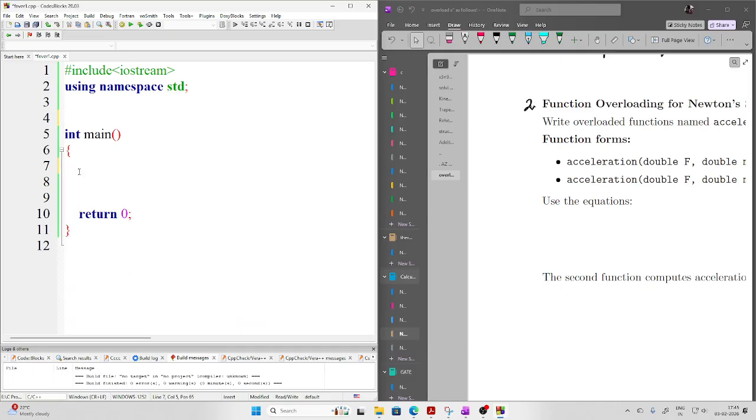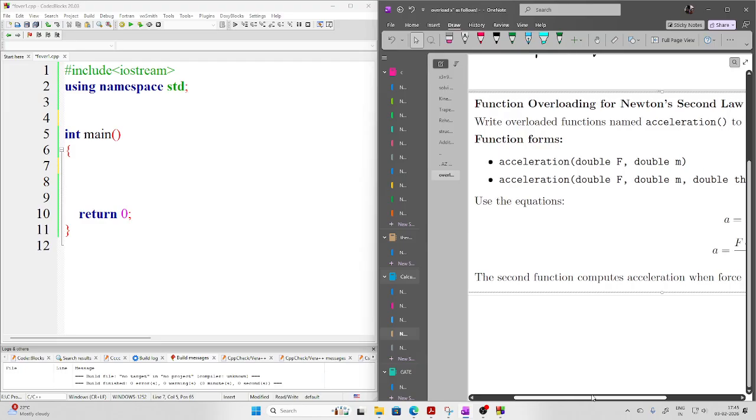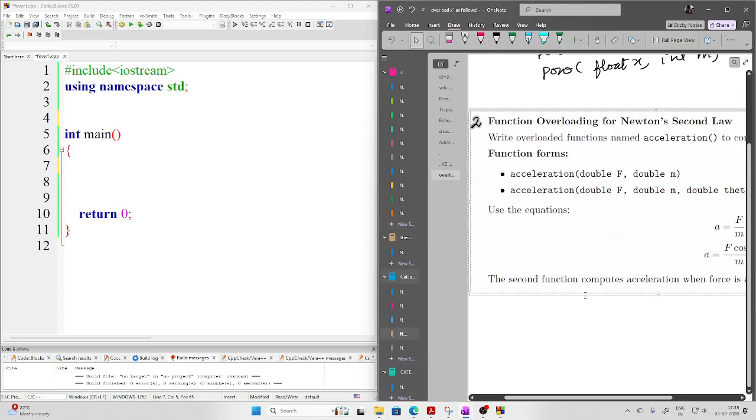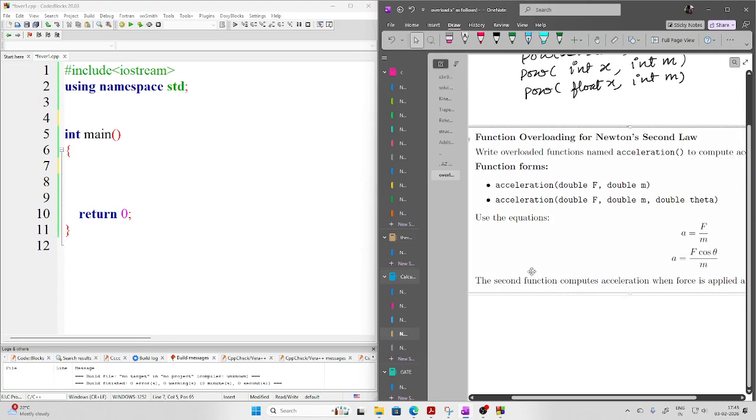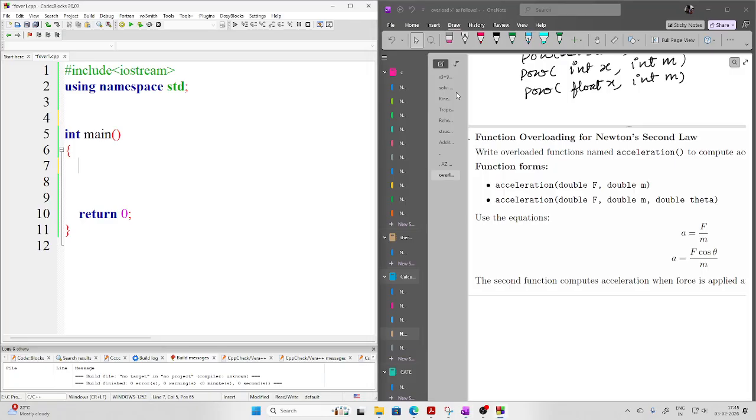Now what is the task? First, it should be clear to you. It says that you have to write two functions. The first one is acceleration. Once you supply the force as double, so let's say it is 10 Newton, then mass also as double. Okay, so let us supply mass as 2 kg. Then the second is